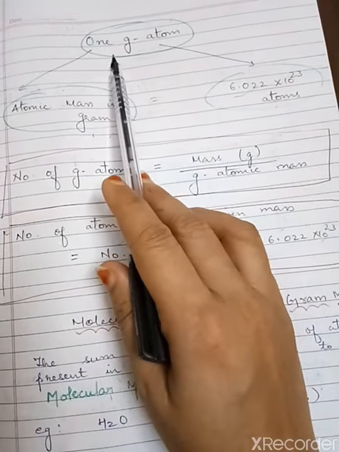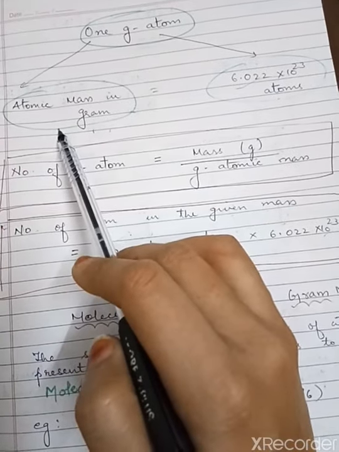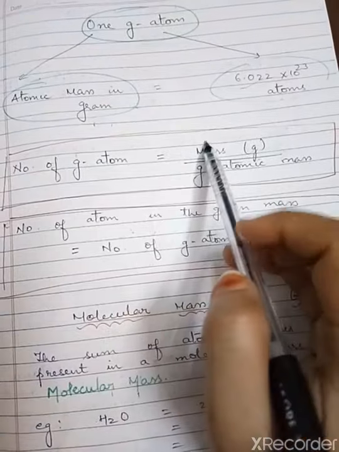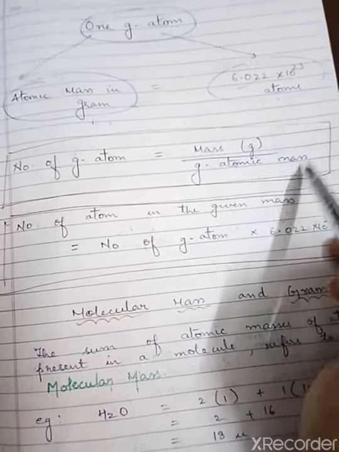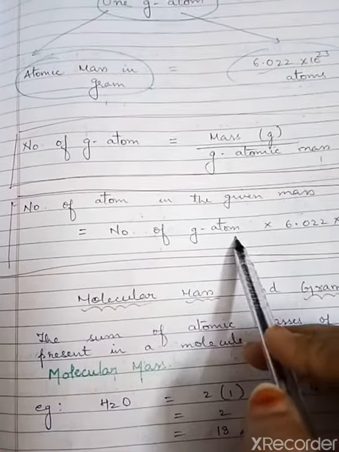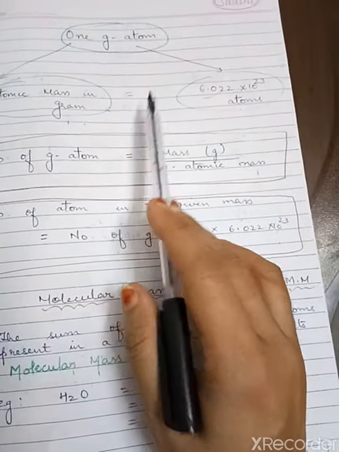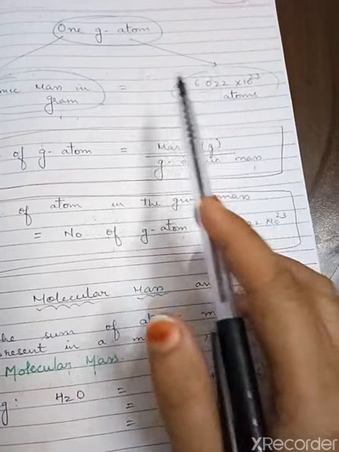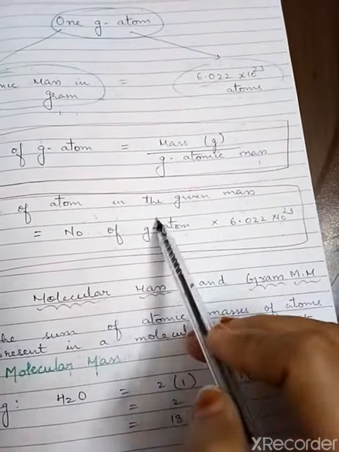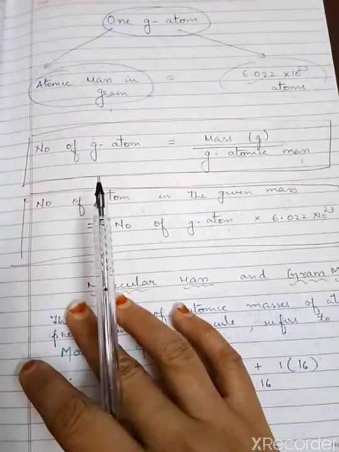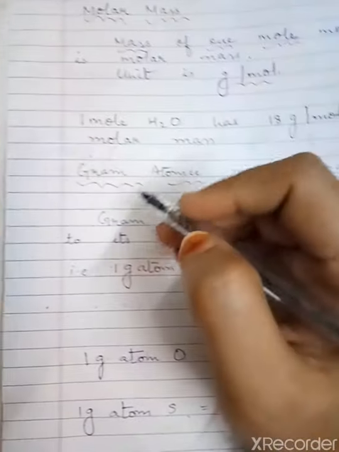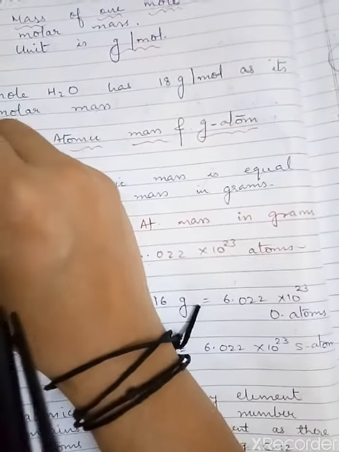कितने ग्राम एटम है? 1 ग्राम एटम का वजन उसका एटॉमिक मास जितना होता है, तो x ग्राम में कितना ग्राम एटम होगा? So x gram upon gram atomic mass. And number of atom in a given mass is number of gram atom into Avogadro number. 1 gram atom has Avogadro number of atom. So 10 gram atom will have how many atom? 10 into Avogadro number. So number of gram atom into Avogadro number. So this was gram atomic mass, that is